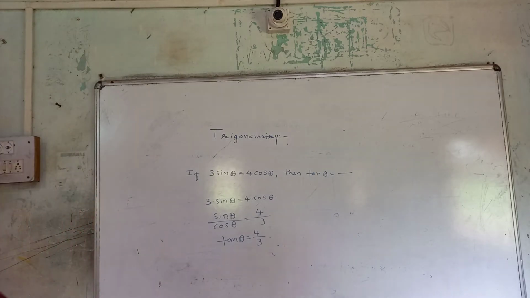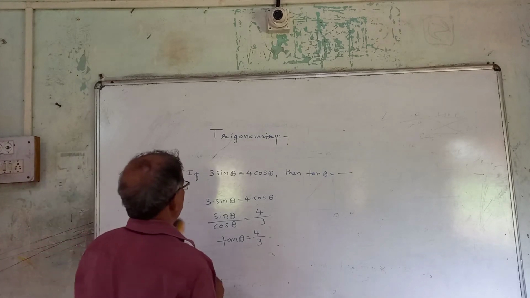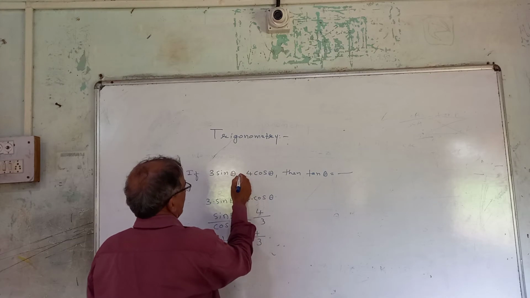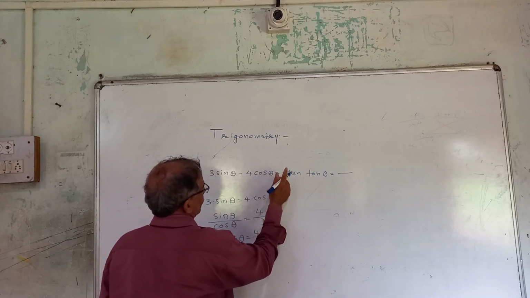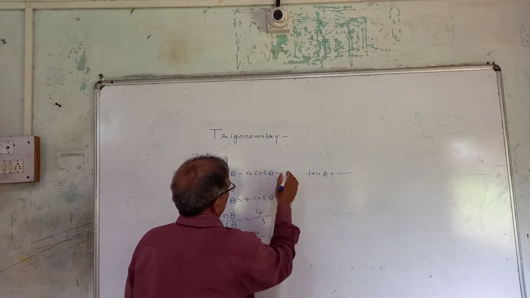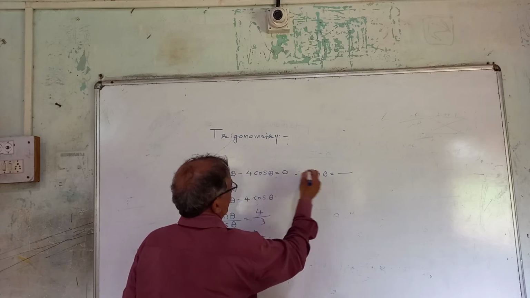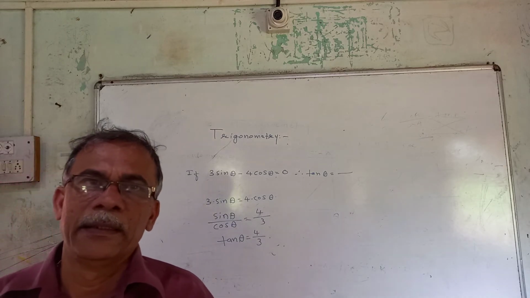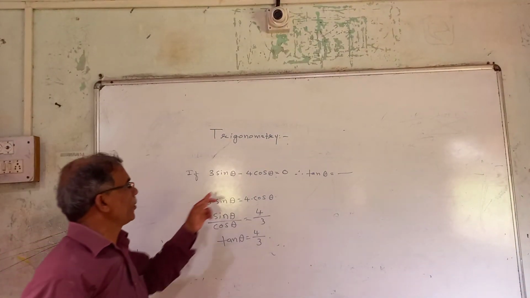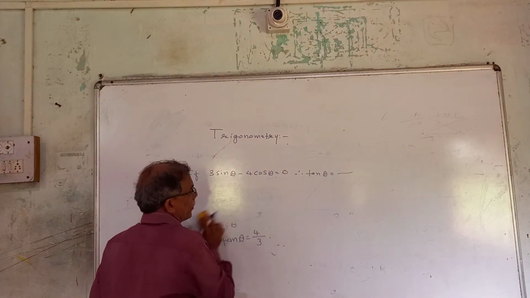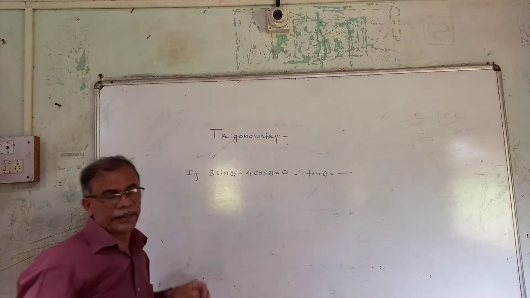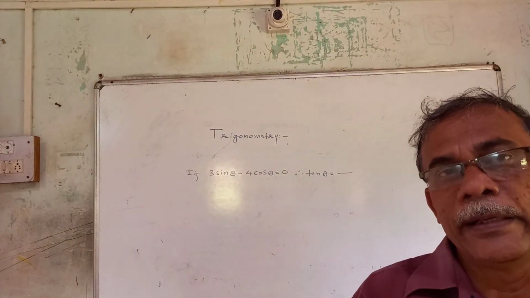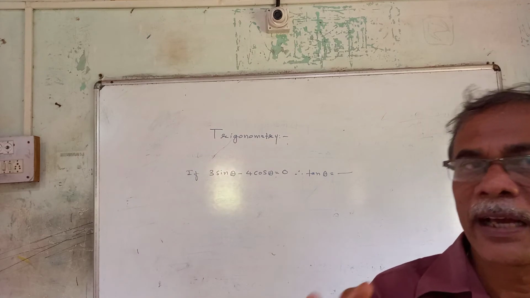Here they can make a little change. What is that change? Suppose 3 sin theta minus 4 cos theta is equal to 0. Therefore, tan theta is equal to this. Suppose we ask this. Now how to write? Sin and cos terms are there. How to write sin theta upon cos theta? First, you should know that if you want to write the sin theta upon cos theta ratio, both terms should be on both sides of the equality sign. Now they are on the same side.